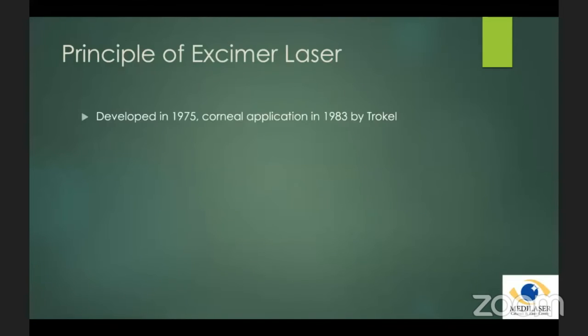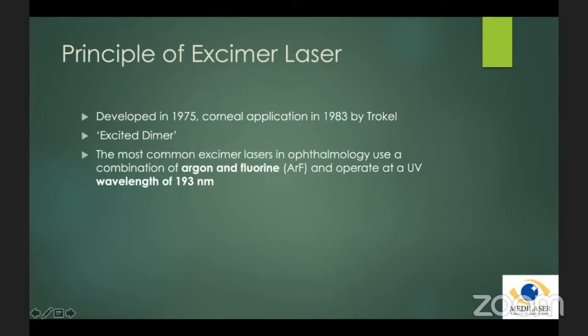So basically, excimer laser was introduced for corneal use in 1983 by Trokel and Srinivasan. So excimer stands for excited dimer. That means an energized state of a molecule with exactly two similar components. So in ophthalmology, we use the argon fluoride laser commonly that operates at 193 nanometers wavelength. This wavelength is important because the cornea absorbs a wavelength less than 350 nanometers. It transmits wavelength between like 400 to 1600 nanometers. So argon laser, YAG laser gets transmitted.